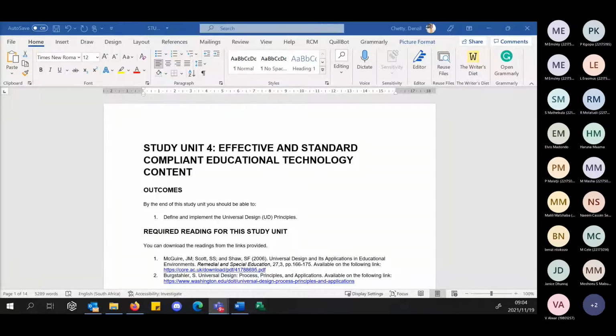Thanks, colleagues. Okay, so colleagues, just some clarification. You will note that early this morning, I emailed you the Word document with Study Unit 4, Study Unit 5, and the assessment criteria. I also emailed you the readings for these 2 units. When you join, can you please just mute so that it avoids any disruption, but also for recording purposes. As I said, the latter part of the document has the assessment, which we will discuss today.